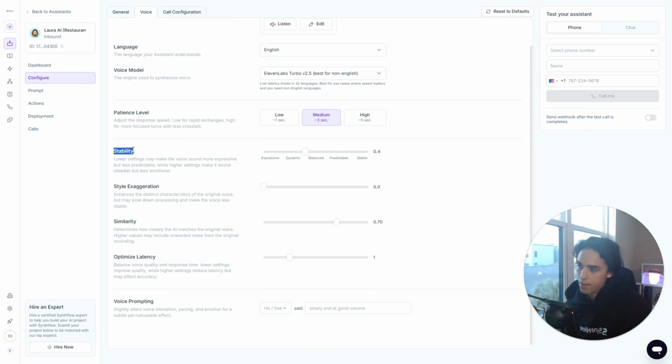Now, the stability. They added a very good feature here to make it easier for you guys to understand: expressive, dynamic, balanced, predictable, and stable. All right. Now, I only like to keep mine between 0.4 and 0.7. The reason for this is that if you go farther than that, it's going to cause some friction throughout the call, because it could either be too stable and less expressive, so now it sounds like an actual robot, or